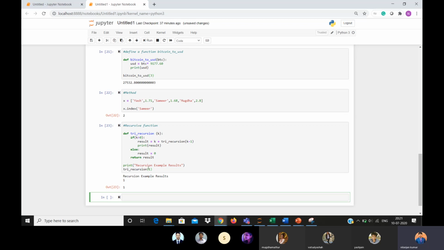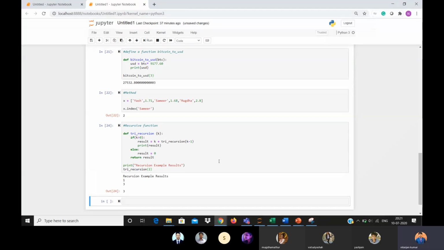Let's take this recursion value as 2. It is giving us 3. How 3? k is 2 plus try recursion k minus 1, which is 1. Again it is repeating itself. Is 1 greater than 0?